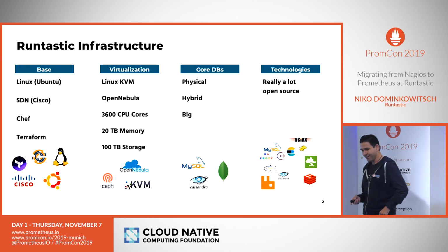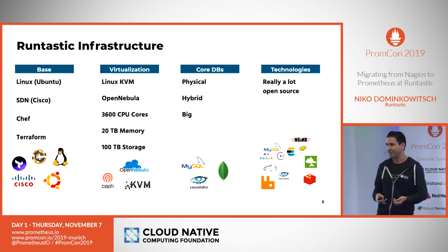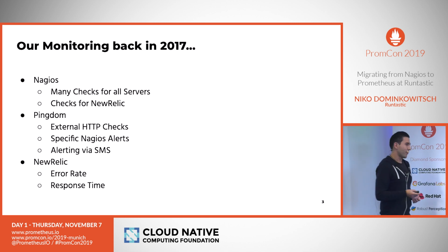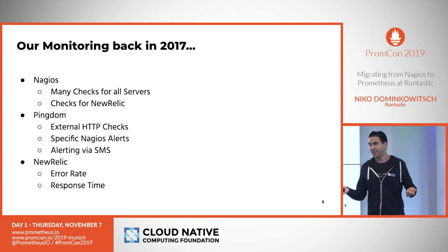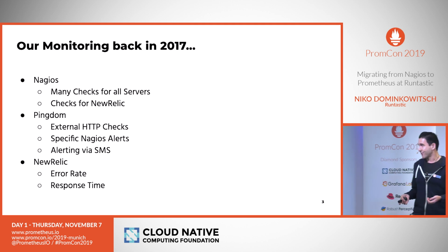In the past at Runtastic, we grew a lot, so we had a lot of microservices. At the moment, we have 70 microservices live. And we had a lot of virtual machines to spawn up, so our monitoring also had to scale a bit. When Runtastic started, we used Nagios to maintain our infrastructure,